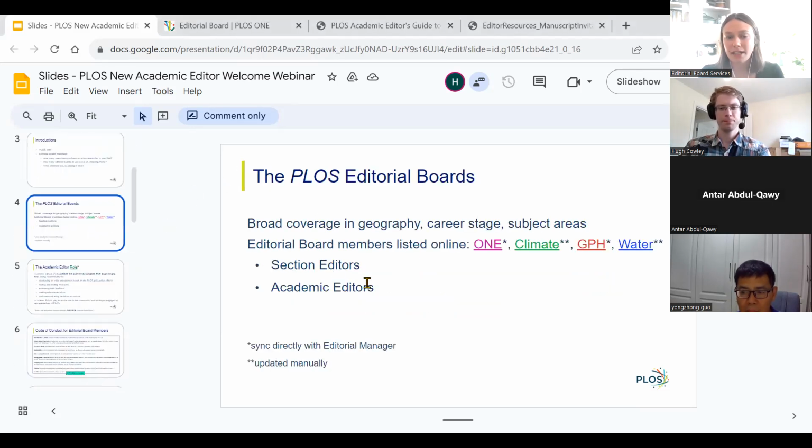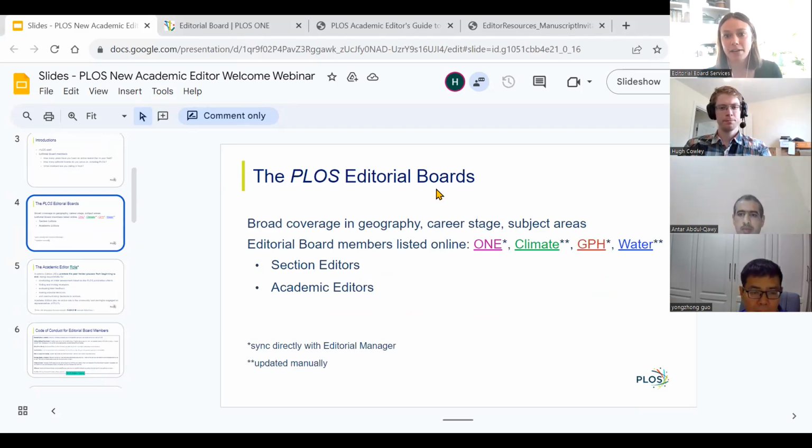So getting into it, these are the spread of AEs that we have here today. You might need an AE from PLOS One, Climate, GPH, Water. And these journals are quite broad in their coverage and disciplines. Each of these websites has our editorial board members listed.